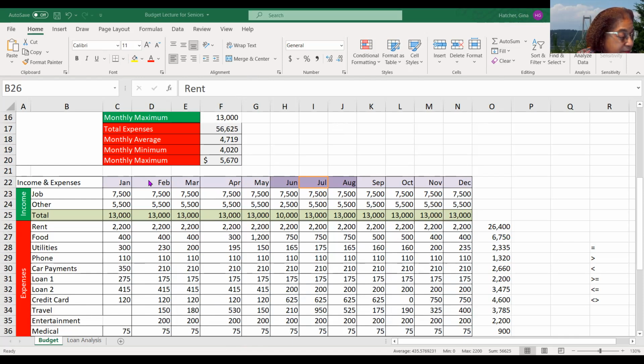So, okay. Some of the other things that I wanted to cover, going back to, I'm going to stop my share, is on having multiple worksheets. I think I touched on it briefly a couple of weeks ago,